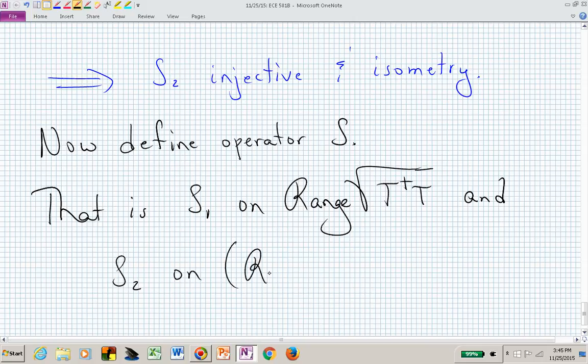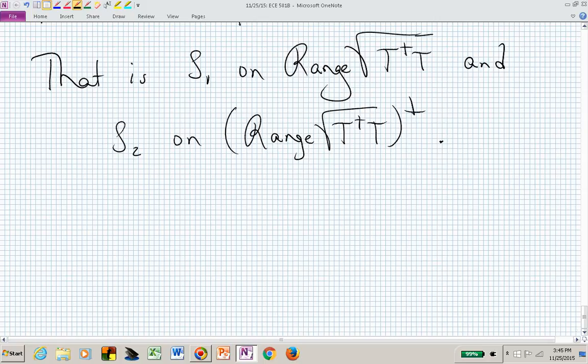So S sub 2 is forming this isometry on the orthogonal complement of the range of the square root of T dagger T. And those two spaces are orthogonal. And that now allows us to have this direct sum relationship,